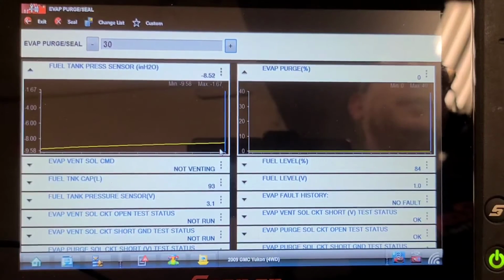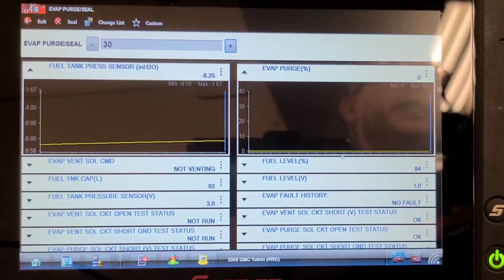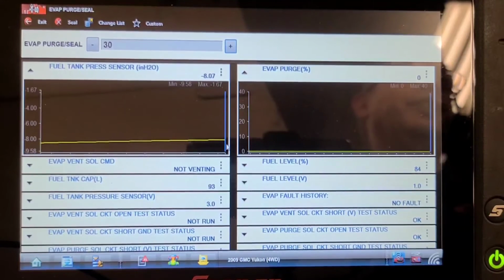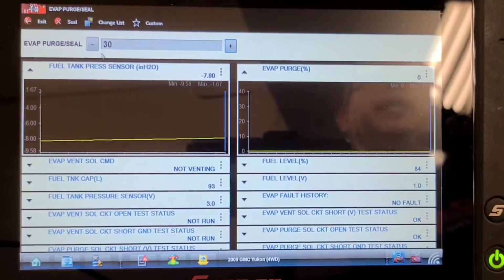Now the fuel level is about 80 to 90%. Fuel level 84%. I was pretty close when I said 80 to 90. So it won't take very much. There's not much air volume above the fuel because it's nearly full, so it'll affect the pressure in the tank quite quickly. I am going to take the gas cap off and look at the seal, and I'm just going